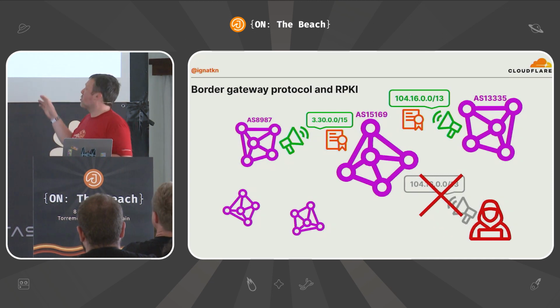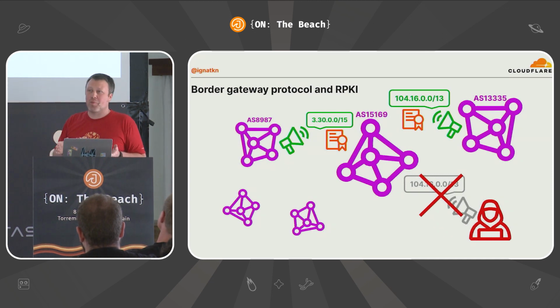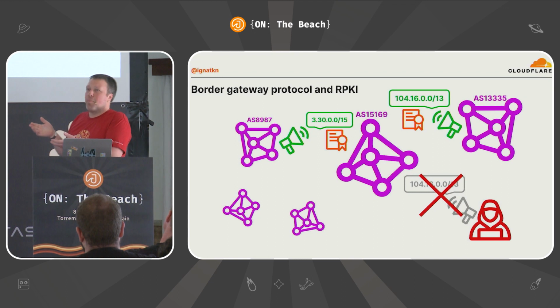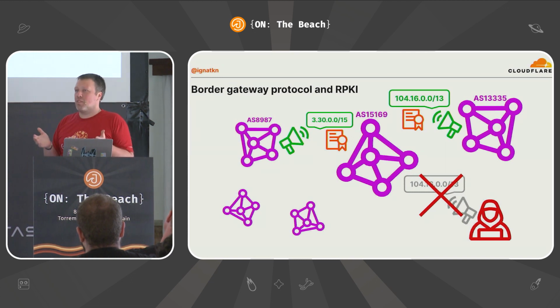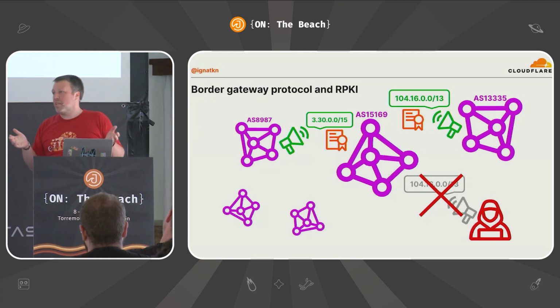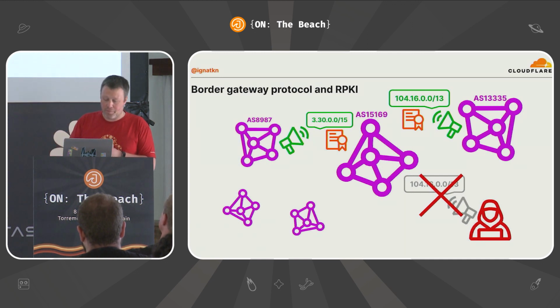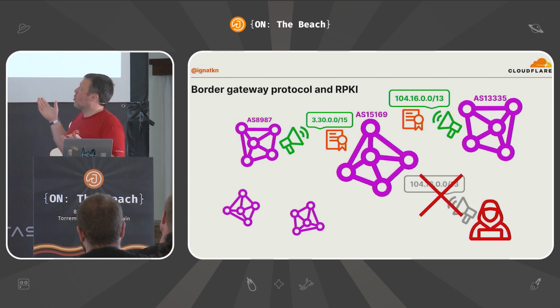It's also very useful from a reliability perspective, because invalid announcements sometimes happen not because of a malicious attack, but because of misconfigured network equipment. They happen all the time, and sometimes you see these global outages on the internet. The problem with this approach is that networks should not only sign their announcements, they should verify other networks' announcements. And currently, not all networks do that.